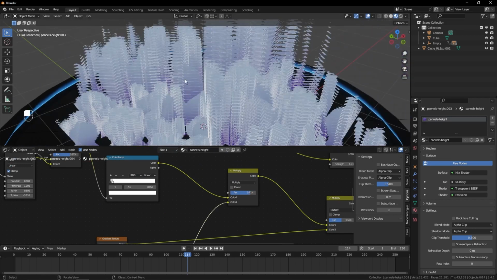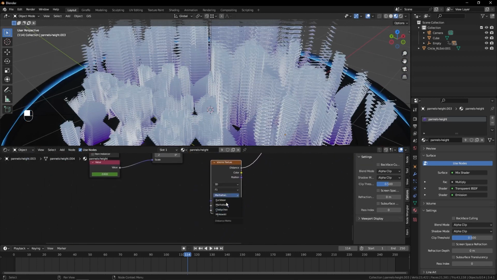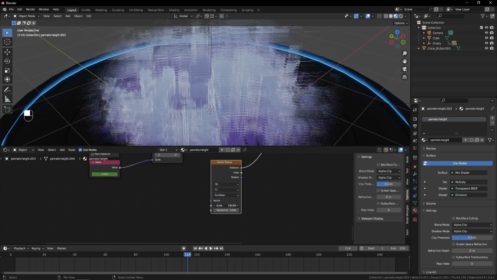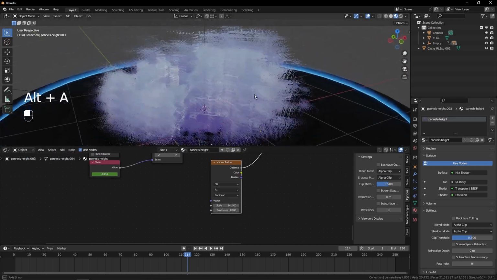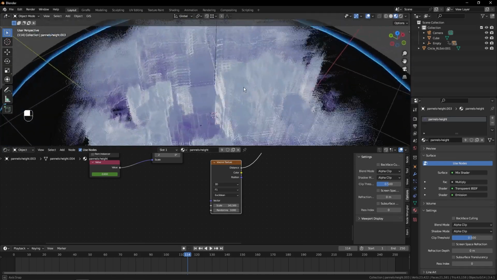But if we just want to take what we originally had and make it a little more interesting, what we can do is turn this back to Euclidean, turn the scale way up, something like this, and we can see it gets a much more classic hologram look. We can also